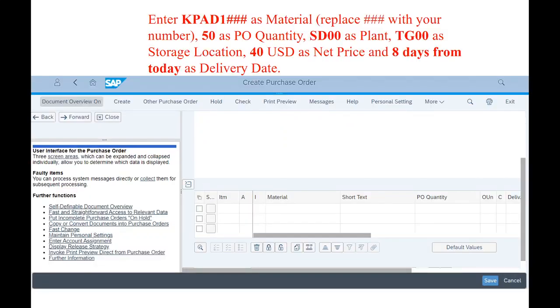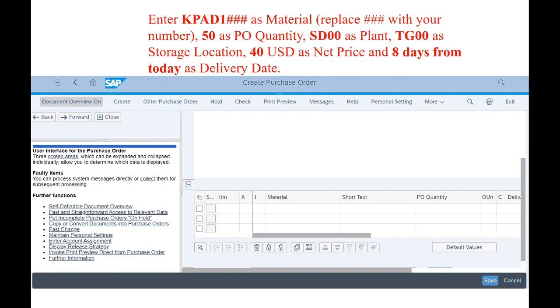Moreover, now we need to enter the KPAD as a material in the purchase order, and 50 as the purchase order quantity, and SD00 as the plant for which we require it, and TG00 as the storage location, and 40 as the net price, and 8 days from today.